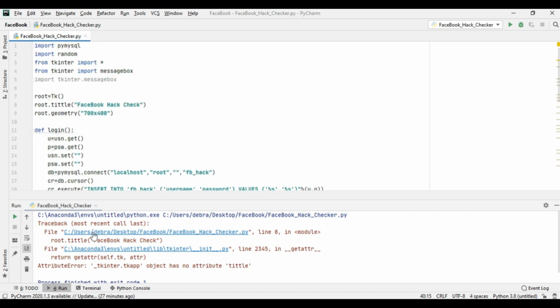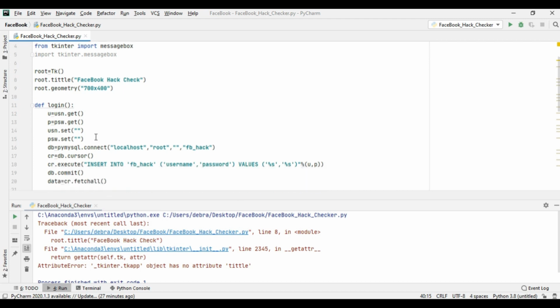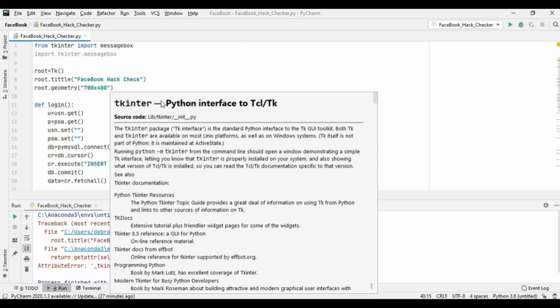So it's showing some error. Group.title. So I can't see some error here.